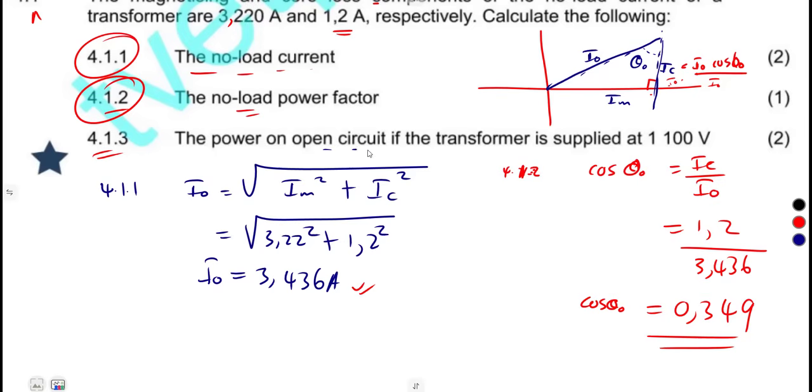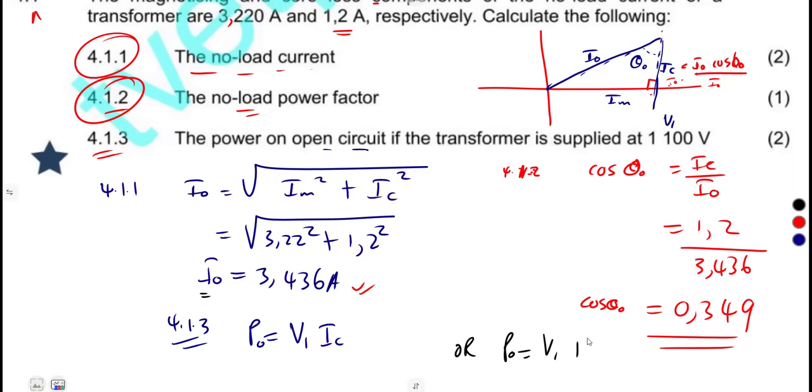The power on open circuit of the transformer. We have got the voltage, so that's our V1. Yes, we can calculate the power on open circuit. That is the power on open circuit. There are two ways. From that, we can use the voltage, and we use what? The core loss times Ic. So that's another formula that you can use,